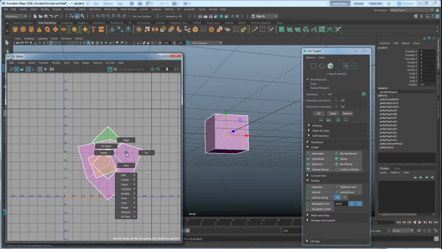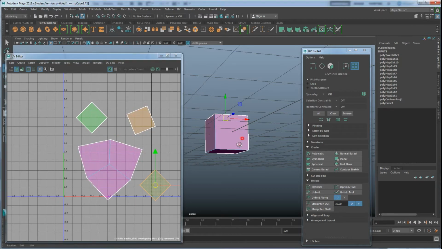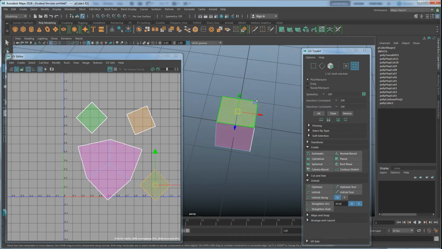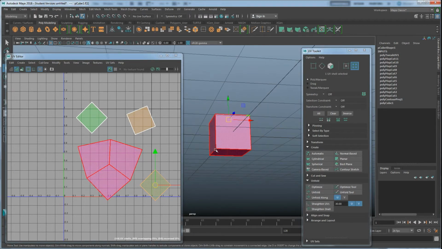So if I right click and go to UV shell, I can grab this shell and move it over, this shell, move it over, and this shell and move it over. We can see that because I drew the white lines around it, I've cut that section off, as well as this section and that section. I've cut all these off, but I never cut this one, and so it's trying to unfold it as best